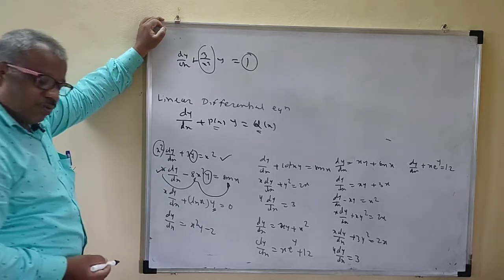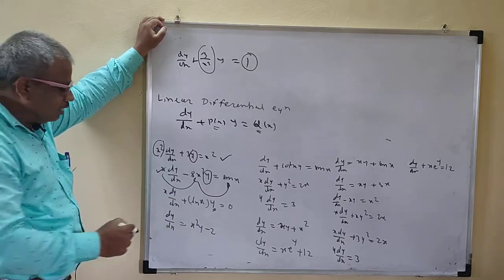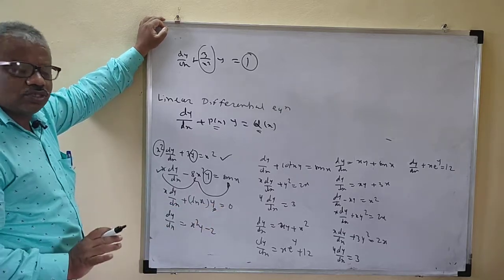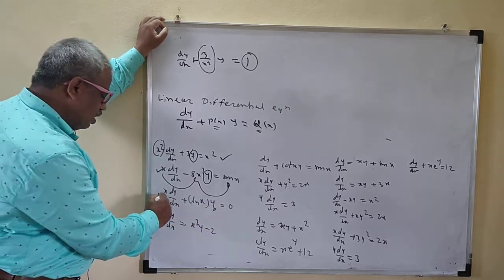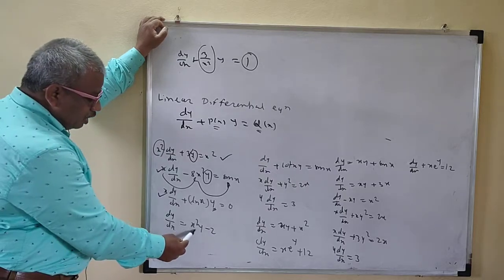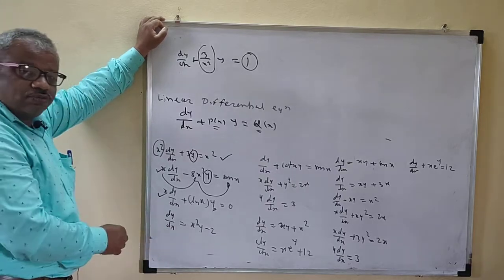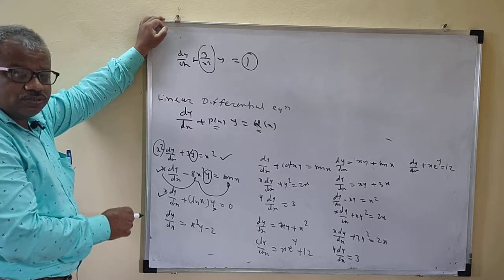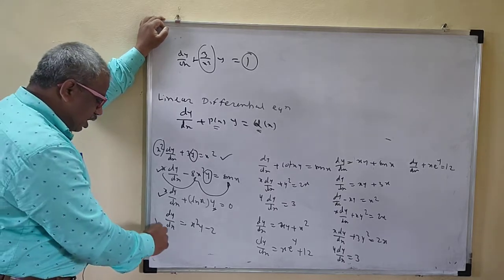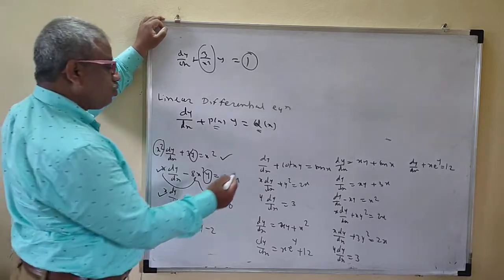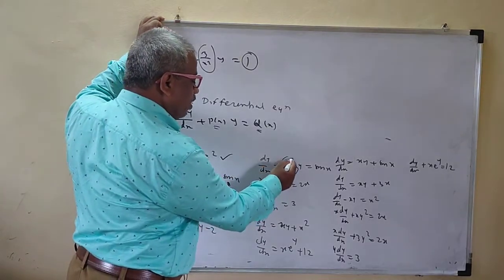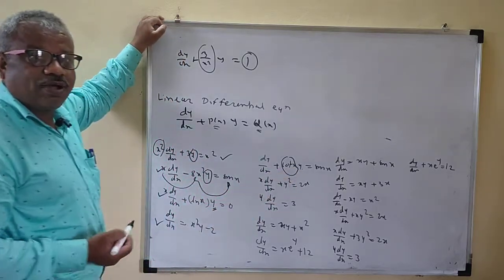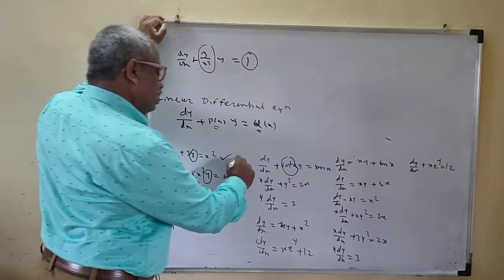See, only one y. This is ln x, no problem for ln x. If you shift x here, this is 0, a constant or 0, it is a function of x now. So this is a linear differential equation. In this one, you can shift the x square y to this side, so dy by dx minus x square y is equal to minus 2. This is also a linear differential equation. Next, cot x into y is equal to sin x. Here y is there, there is no product of y and dy by dx, and the degree of y is 1. This is linear.